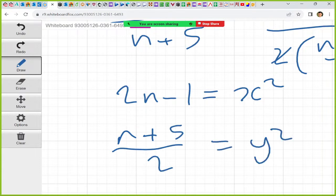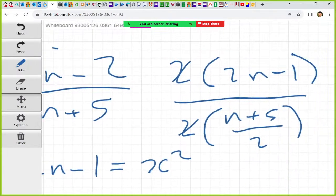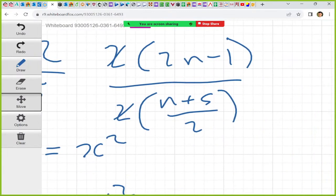Wait, how do you know that you said both are squares? Suppose that it's true that both equal a square, right? If the value of n works. You need to explain when you're separating your cases. Without loss of generality is good. You need to explain where your logic is. It's divisible by 2 because the first one's clearly divisible by 2, right? Yeah, but how do you know that's all of the common factors? We don't, but